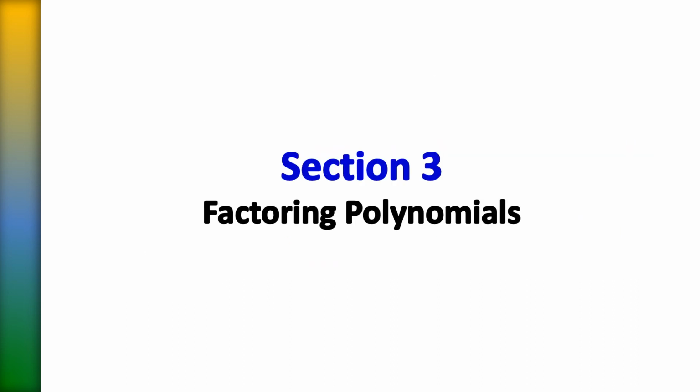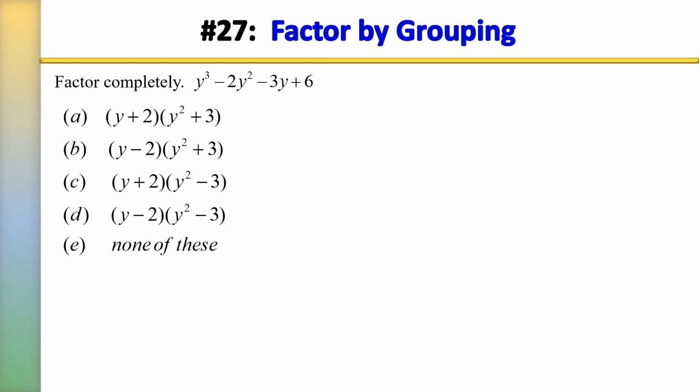Section 3, Factoring Polynomials. Number 27, factor completely. So what is the correct answer? Choice D. So here we were asked to factor completely a